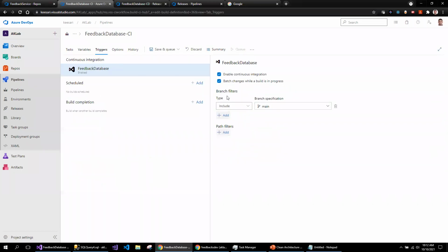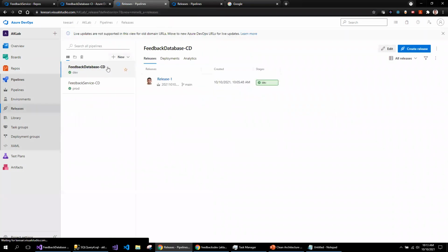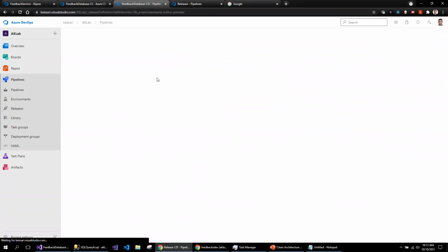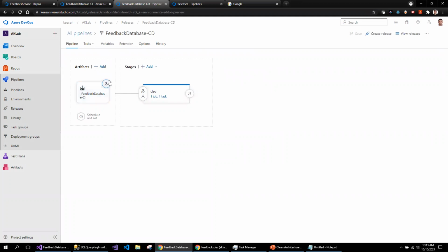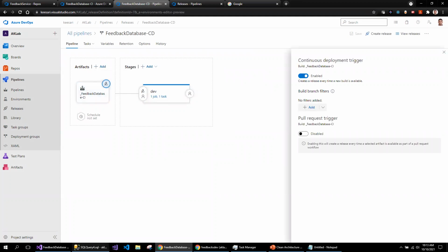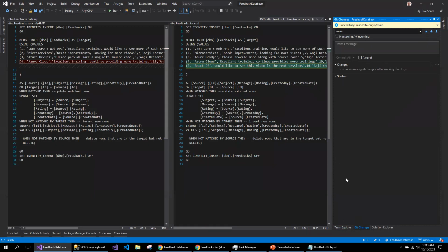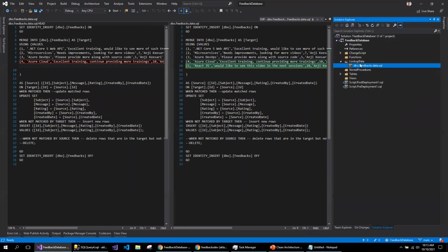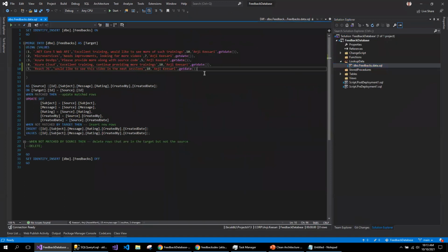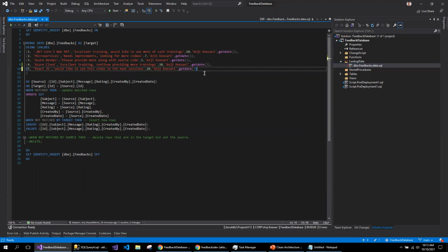No, sorry, I think I didn't enable it for the database, I have enabled only for the service. So CD, let me also make sure before I test this is working. So this is enabled. So what I'll do is I'll just maybe add or remove some space.